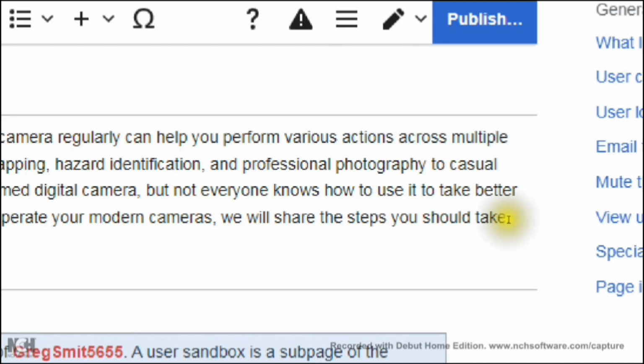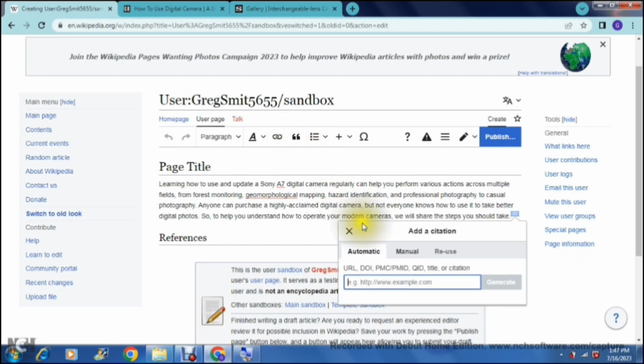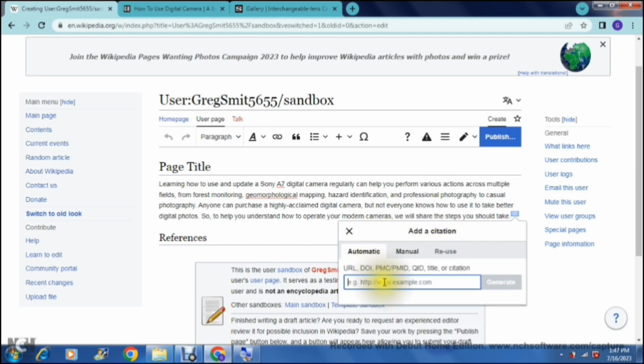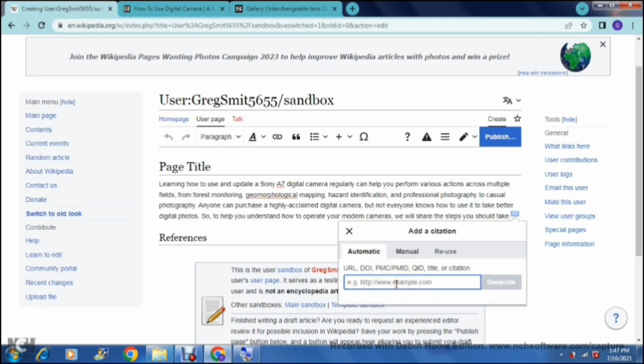So right over here, to create a citation, we can just go back up to there and tap on that, and now it will create a citation. Now you can automatically enter something in over here, a URL, or you can manually put something in, or you can just reuse a citation that is already existing on your page. So what we're going to do here is I'm going to use this as an example. As you can see, I have copied this URL and I'm going to put it in just over here,